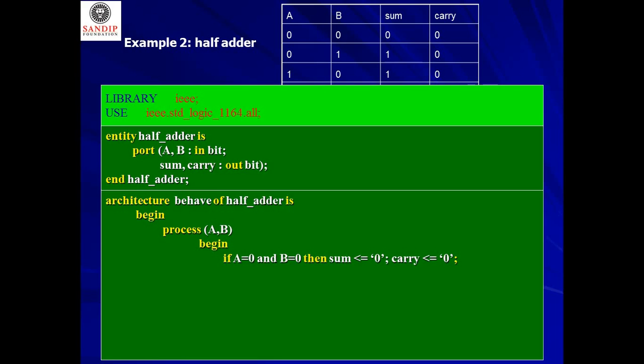Less than equal to is the assignment operator which assigns the value of the right hand side to the left hand side. Second condition, else if. While writing this second condition you have to write else if. Else if a equal to 0 and b equal to 1, then sum is assigned 1 and carry is assigned